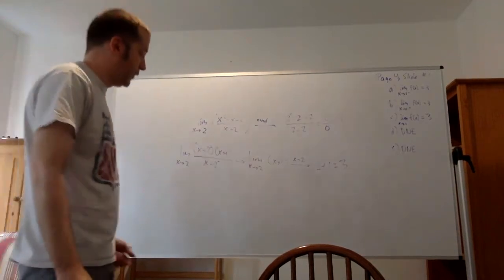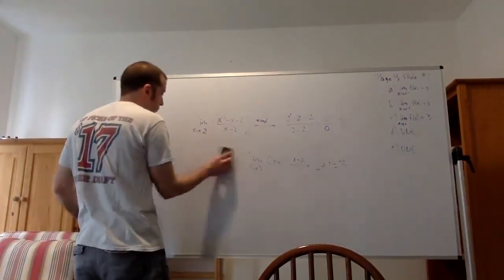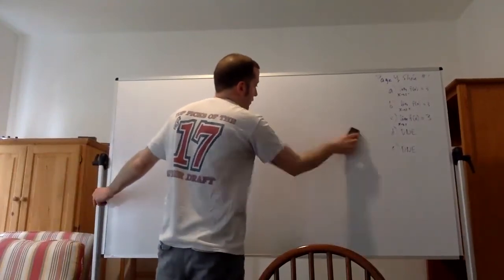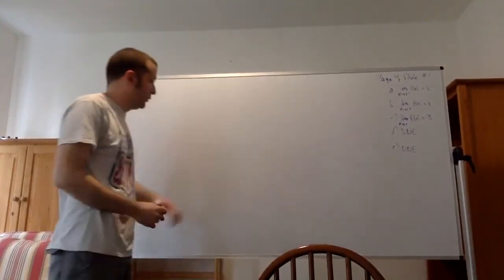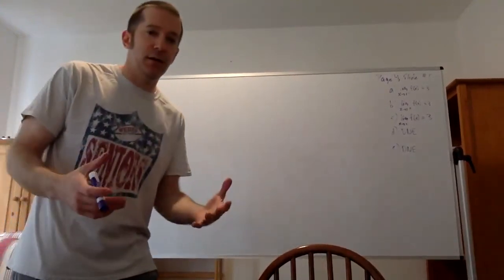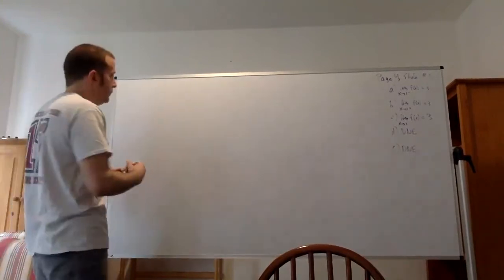So this is a very common problem. You should expect problems like this on your test. But again, there's a pretty straightforward step-by-step process you would use to solve them,